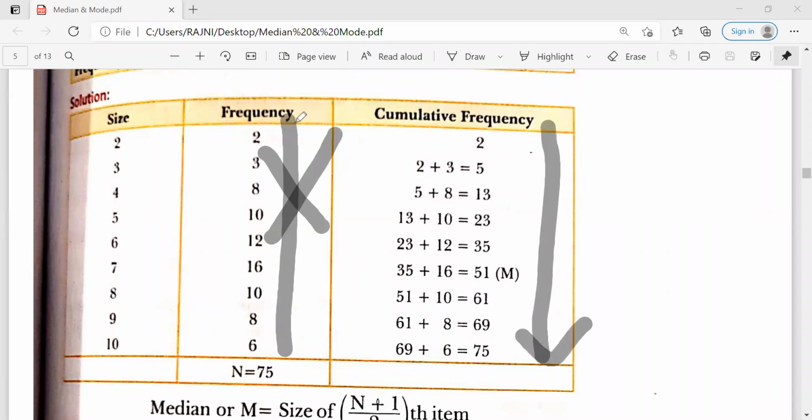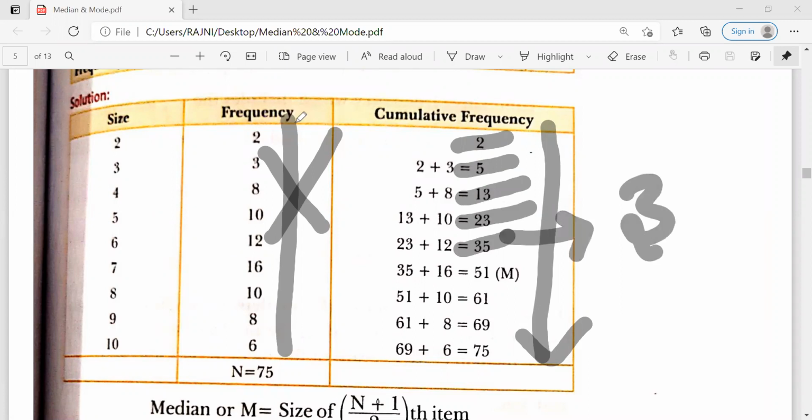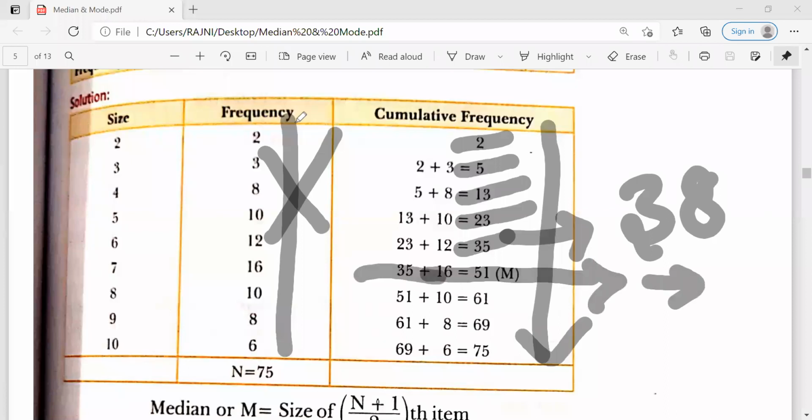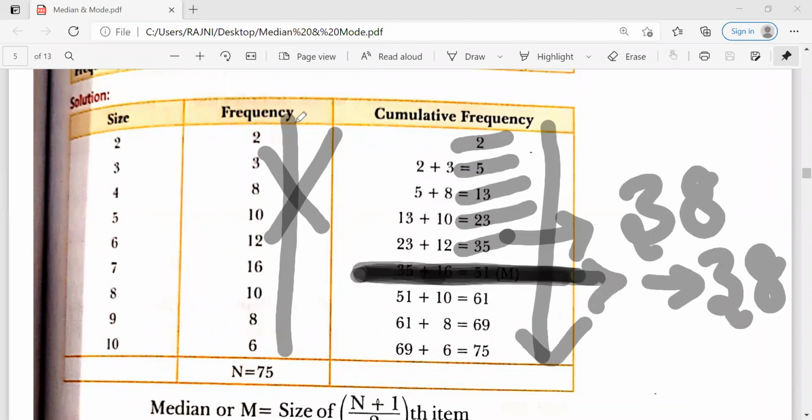See, the median position was 38. 2 is less than that, 5 is less than, 13 is less than, 23 is less than, 35 is also less than 38. After that, the item is 51. This is the first one greater than 38, so the median will lie in this class.